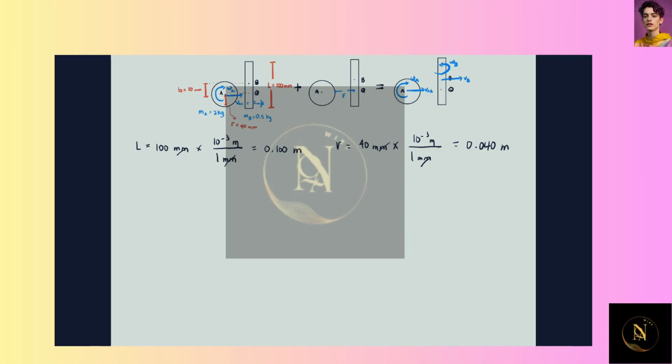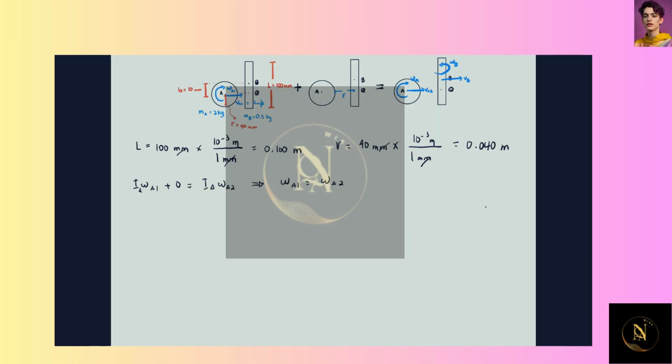Now, by taking the moments about the center of the sphere with clockwise as the positive direction, take note that this analysis is done on the sphere alone. So we'll see that Ia omega a1 plus 0 equals Ia omega a2. This suggests that omega a1 is just equal to omega a2.